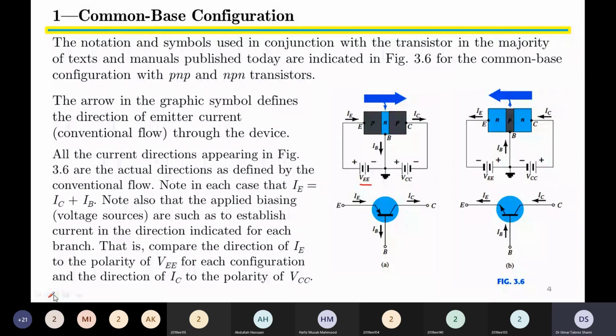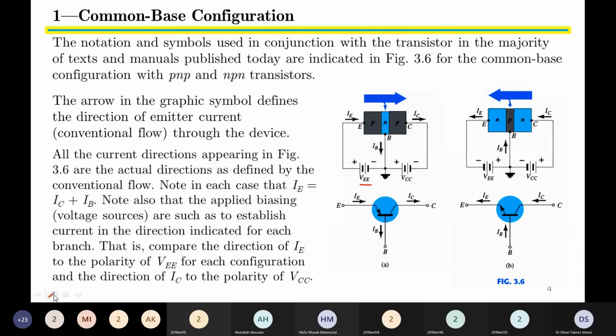So this has been done only to forward bias emitter base. इसको और से सुन लें. To forward bias emitter base, we are using the positive terminal of the battery, and a second independent battery called VCC. Its negative terminal is connected at the collector because we want to reverse bias base collector.